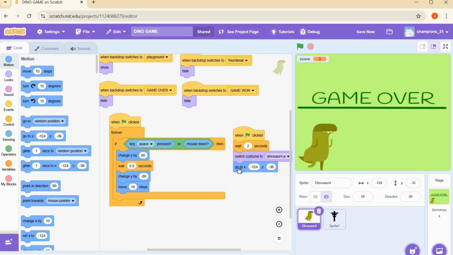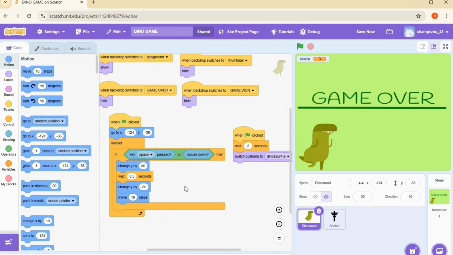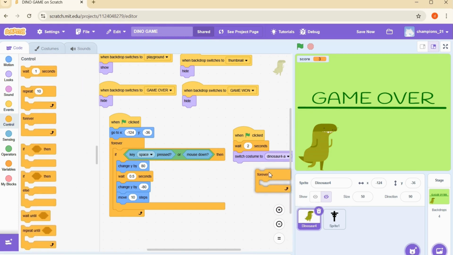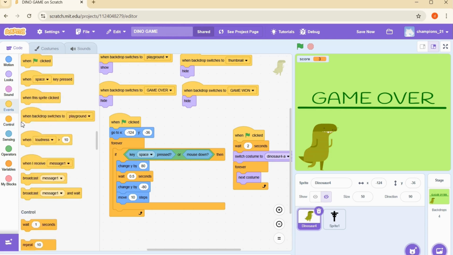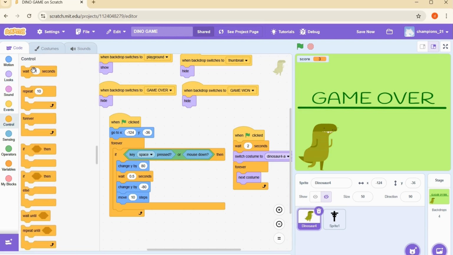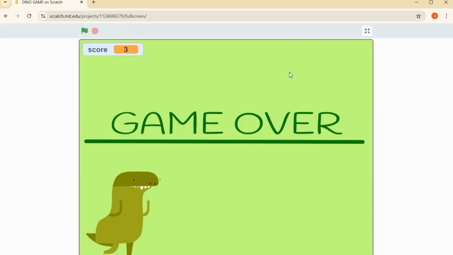So we will fix its position. You can do it here or here, no issues. After that we will use a forever loop, and then take next costume after every 0.2 seconds. Let me check whether it is working perfectly or not.